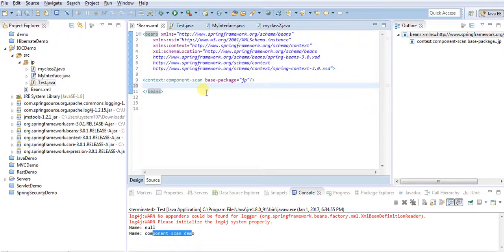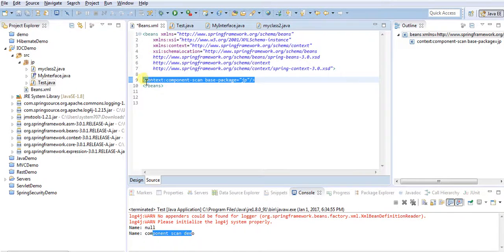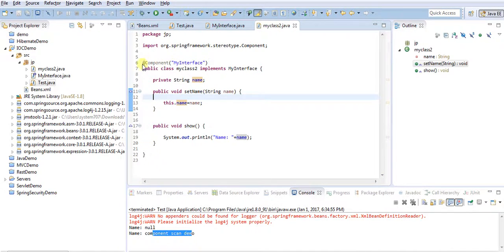That will be a hectic task and could create some problems, like if you miss something it will show an error. So instead of doing that, we just write component scan and the base package which contains all the classes for which we have to create the beans, and then in those classes we will have to use these annotations,